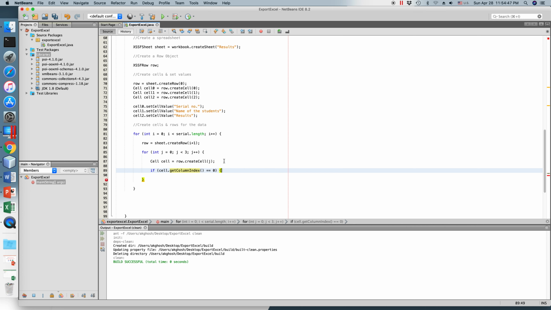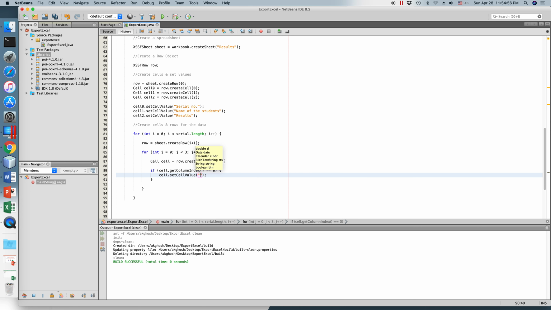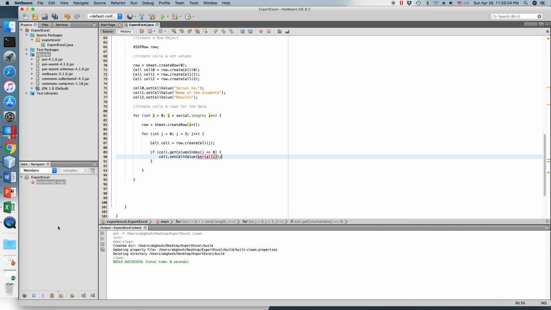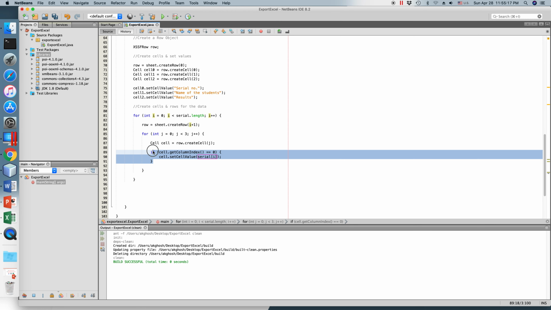cell dot set cell value serial I. Okay, so if the column index is 0, let's look. If the column index is 0 of the cell, the cell value will be set as this, the serials. Okay, so for other two cells, what we can do,